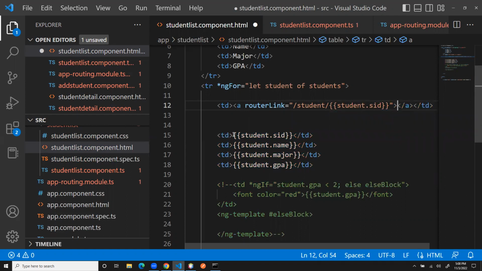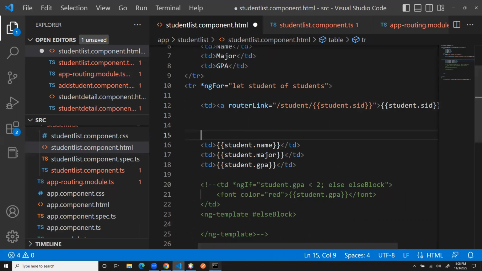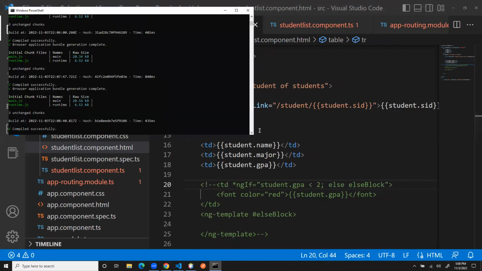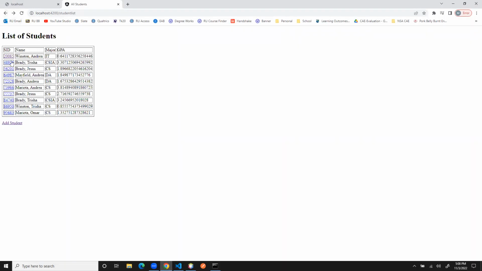And then, of course, I want it to show the SID as the link, right? So that should go in here. And it still compiles. We didn't save it, but it still compiles. You should be checking this pretty frequently. Yay, now we have links. Don't do anything, but hey,